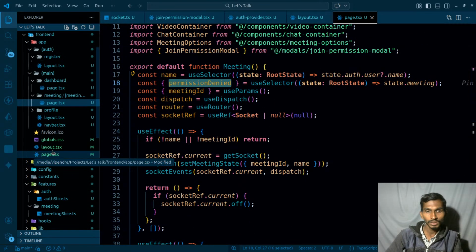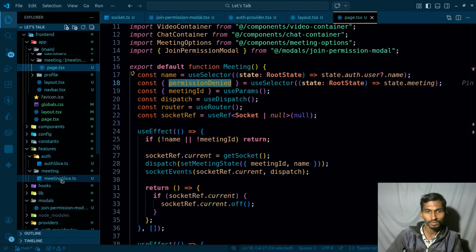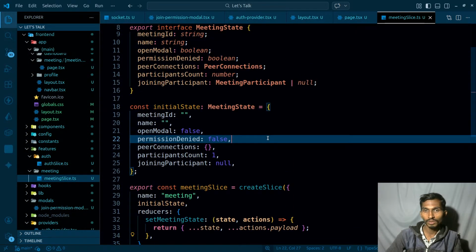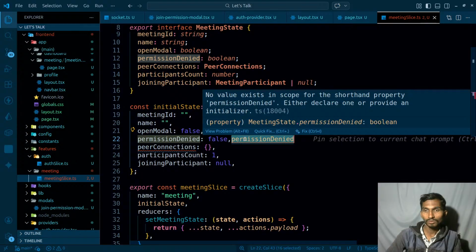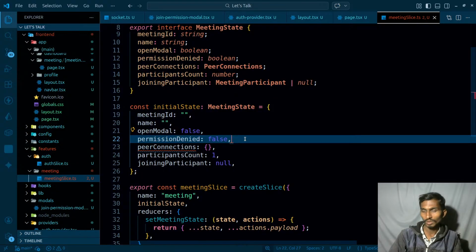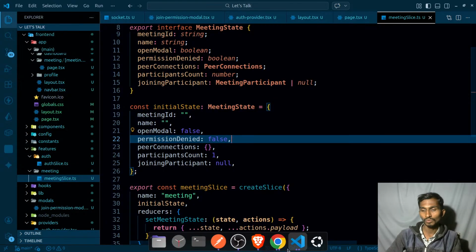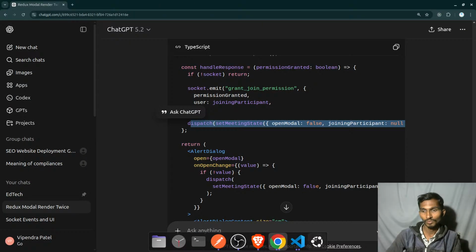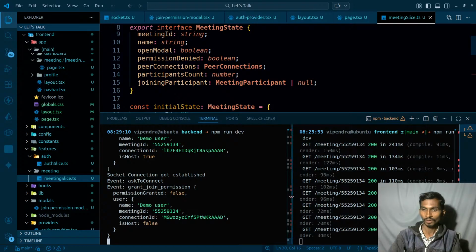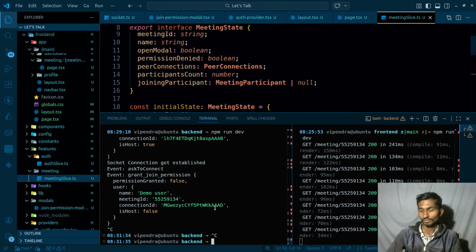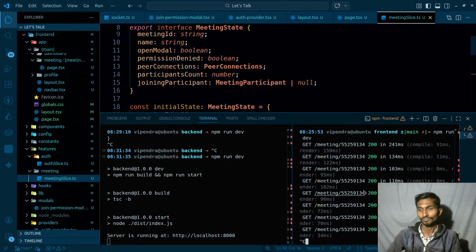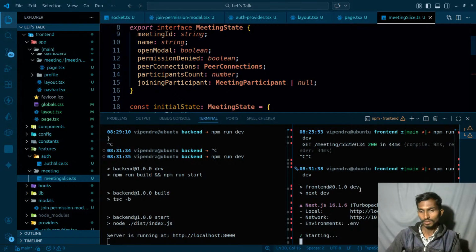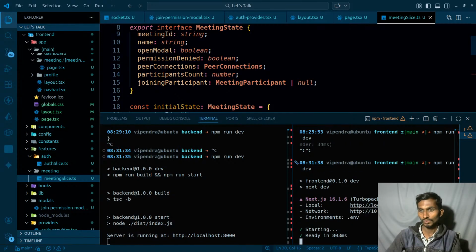So let's check whether I have this there in the node, this particular thing, permission denied. So yeah, it turns out I do have it. That is a boolean. By default it is false, then it becomes true. So let's see one more time in action. Here I am. This thing is done, so I can go to this,